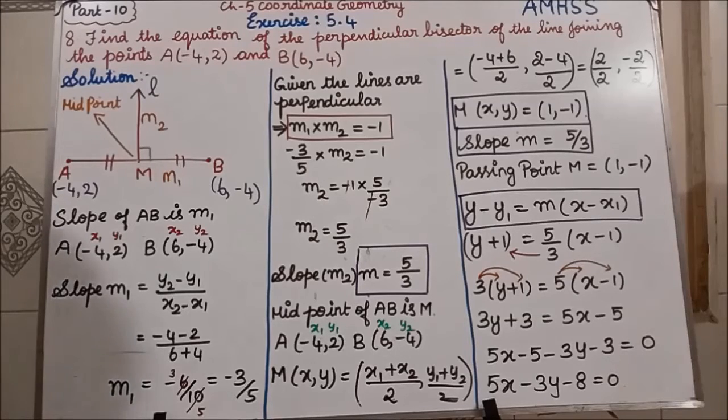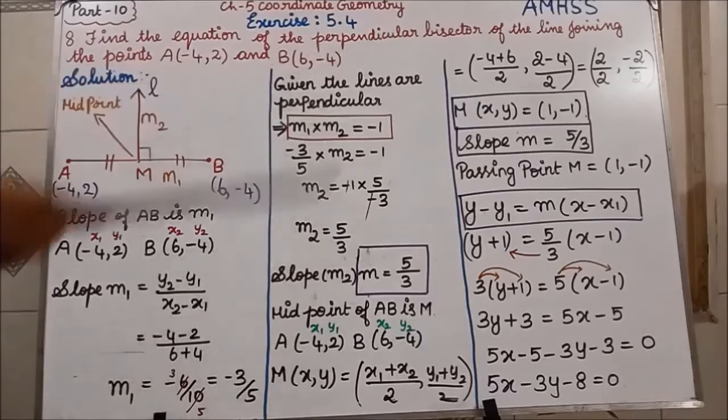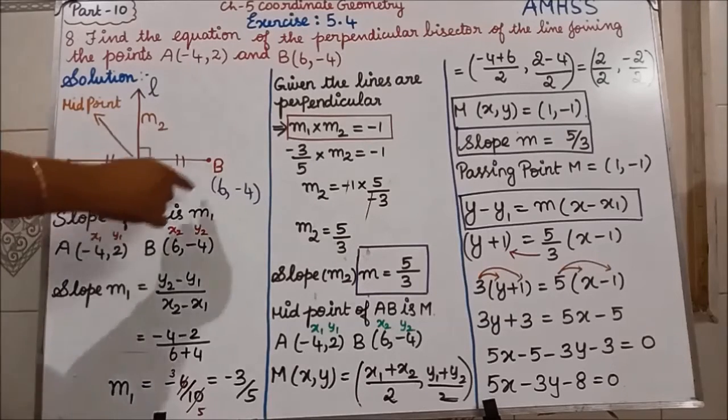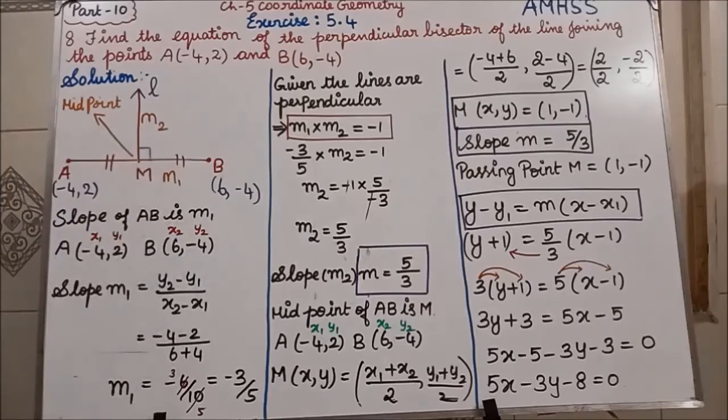Here we are going to see the perpendicular concept first. The perpendicular formula is M1 into M2 equal to -1, we all know. For that we need M1. If we find M1, then it is easy for us to find M2. In part 9, for the 6th question, 7th question, all the questions, we did it like that only. So now we are going to do the same procedure here also. First, slope of AB, I am taking as M1.